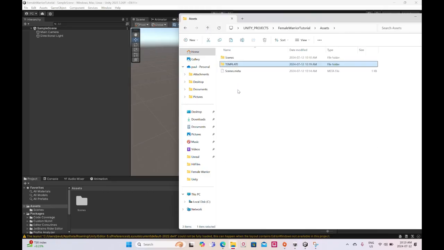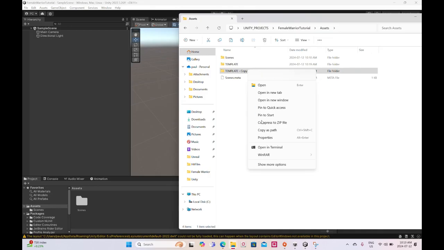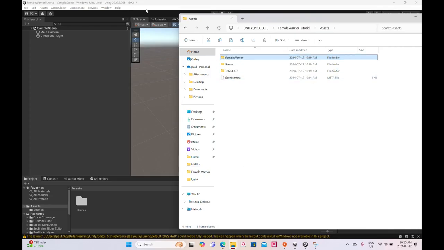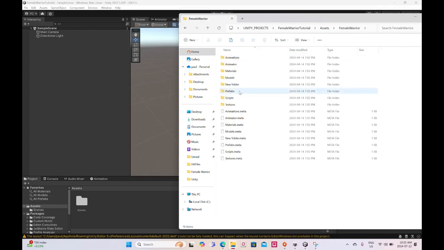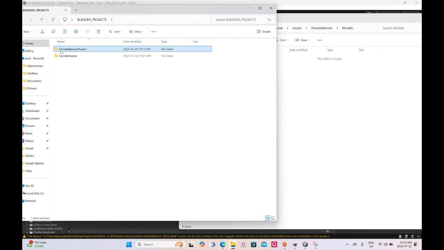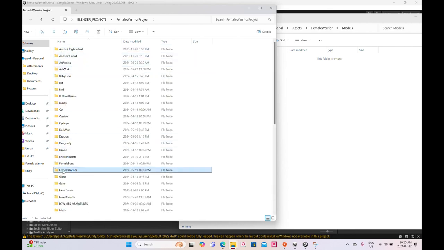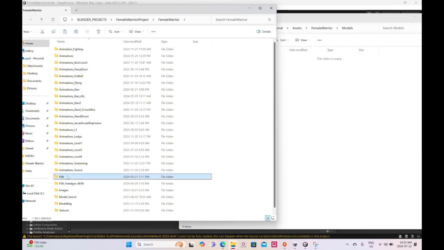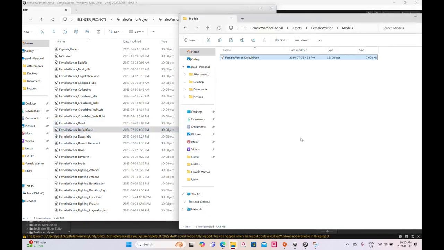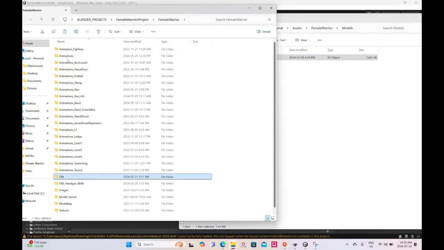And I'm going to create another one. I'm going to rename this Female Warrior. And right away I'm going to go into the models folder, and I'm going to grab from my Blender project the warrior FBX. My default goes in there,